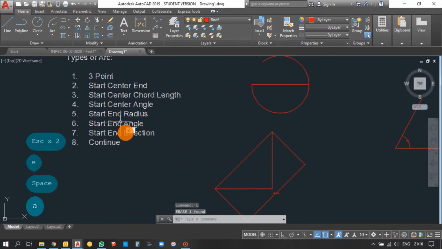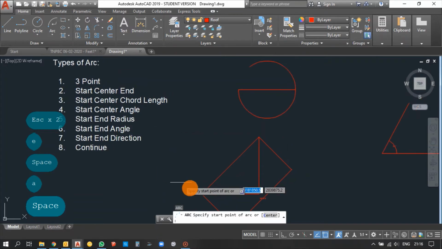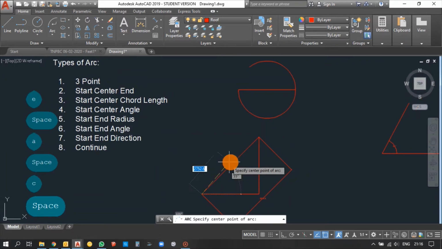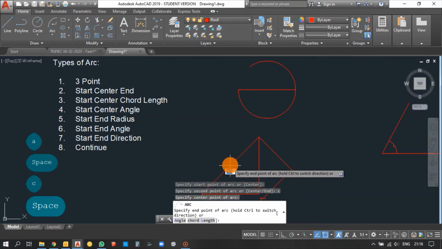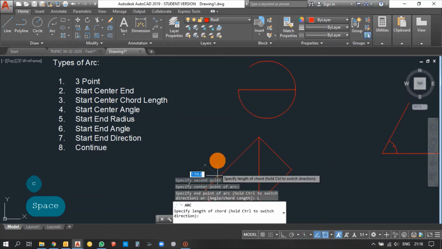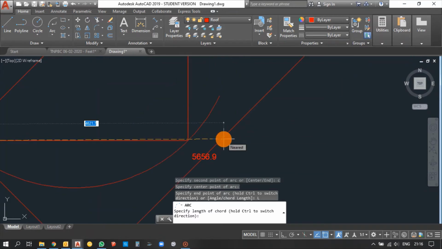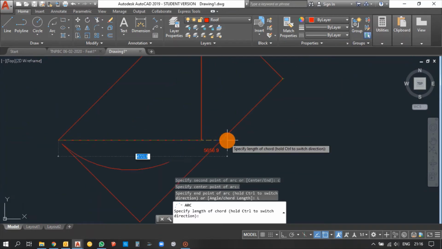Starting with A, enter, starting point, and C for center. This is the center, and then chord length. It is asking for the chord length, so select chord length. Our chord length is 5656.9, so type 5656.9.